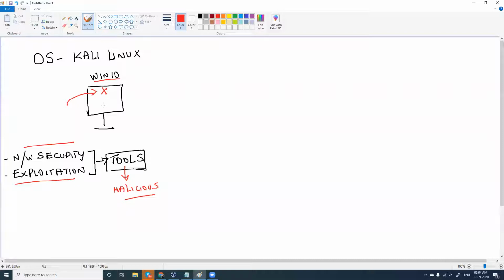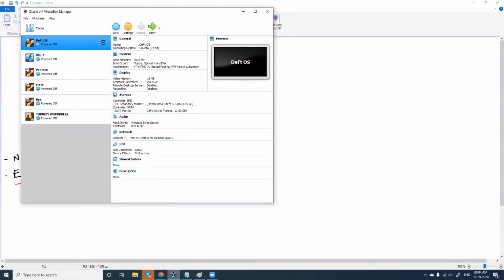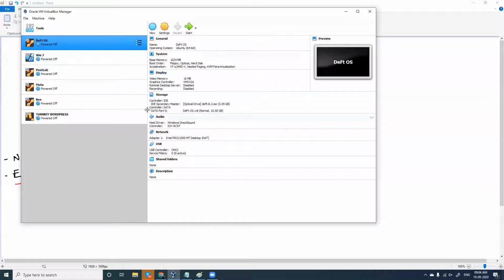So how do you do that? In a sandbox environment, we install an application called VirtualBox here. You go for either VirtualBox or VMware, but what is recommended is VirtualBox, right? So we have VirtualBox. It's like an application which can be installed in your computer just like this. It looks like a normal application here, yes? And in this application, in VirtualBox, you can install n number of operating systems. I've installed like 6 operating systems right now, right? So in this VirtualBox,